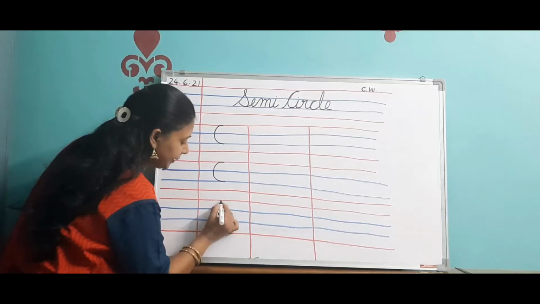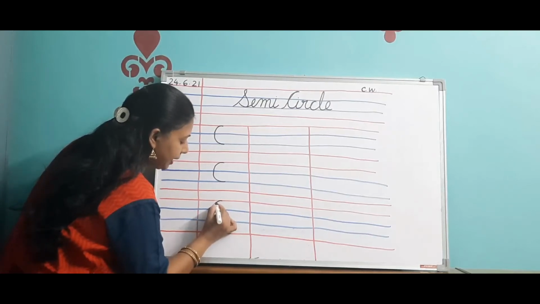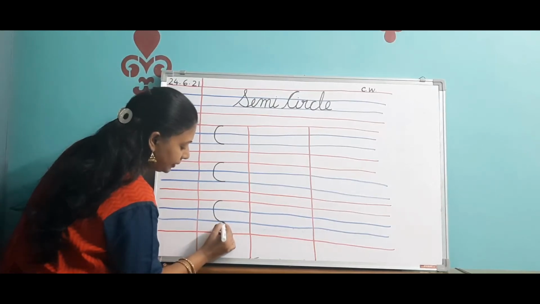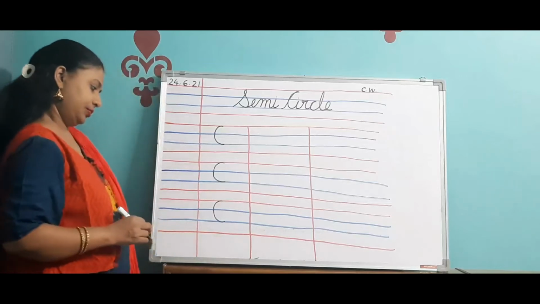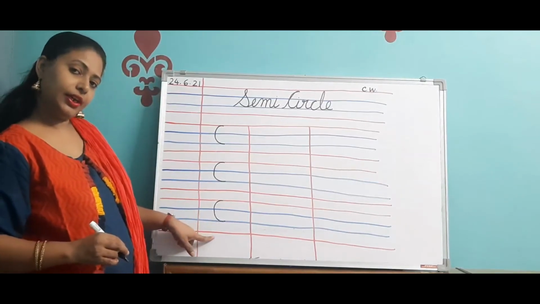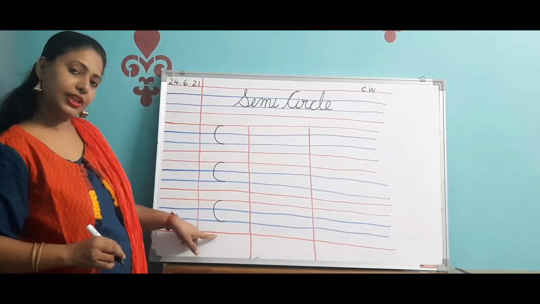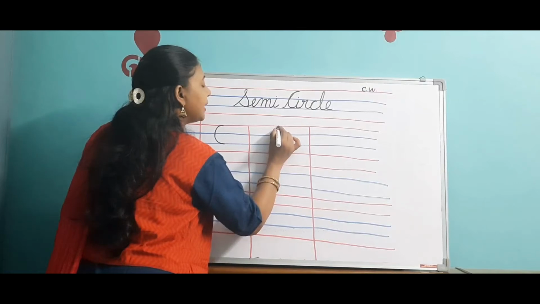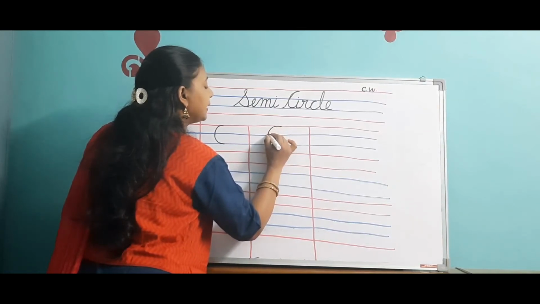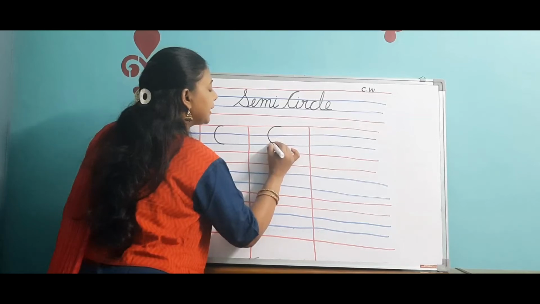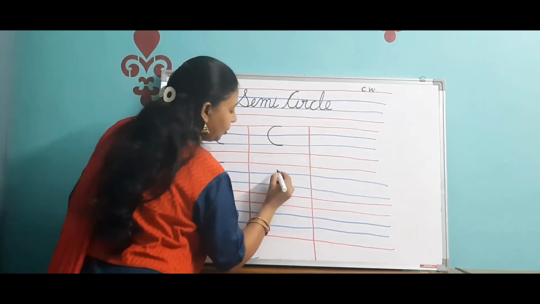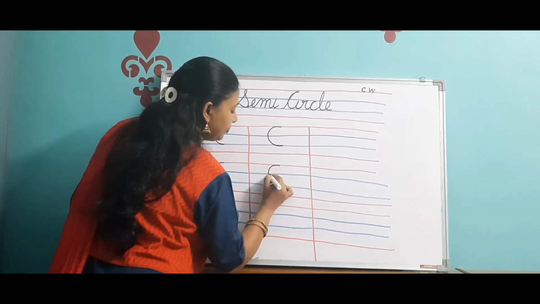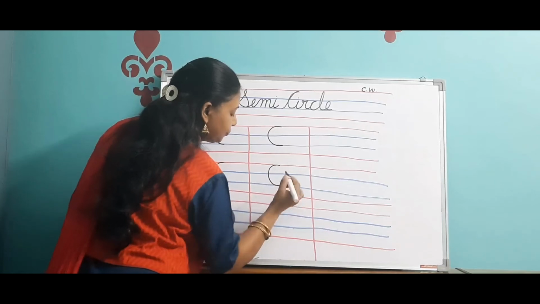Again watch. Next line. From the first line, come down to the second line and then to the third line and stop. Okay, don't bring this over here. Your semicircle should not touch the last line. Okay, again next line. From the first line draw a half circle like this. Come to the second line, third line and stop. Once again, from the first line we'll start, come to the second line and third line, stop.